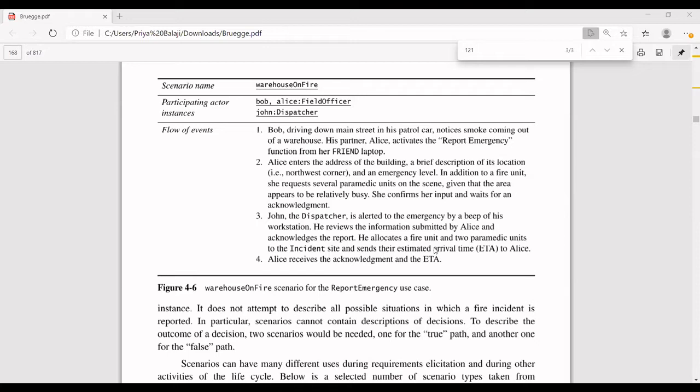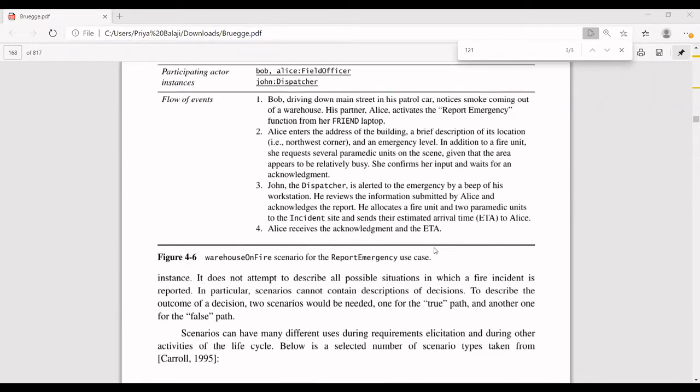So here, if it is a fire incident and it's high priority, you have to inform the fire officer. In turn the fire officer will inform the dispatcher, and you have to get the resources. Like that, there will be so many scenarios. If it is a low priority incident, then you don't need to inform any of the police officials. Directly, you can go to the dispatcher and request the resources to clear the particular event.